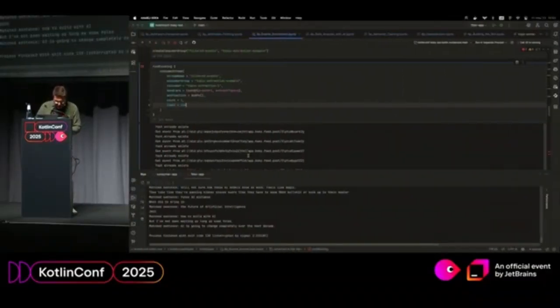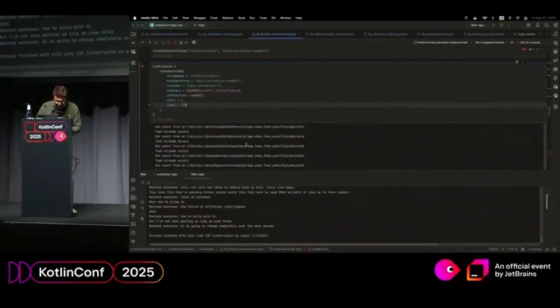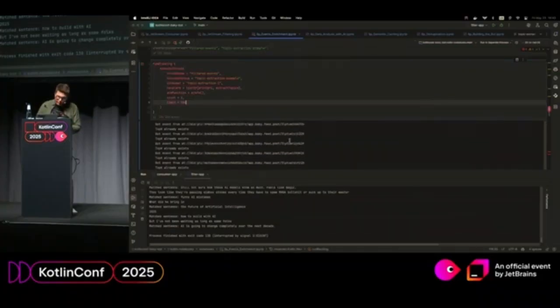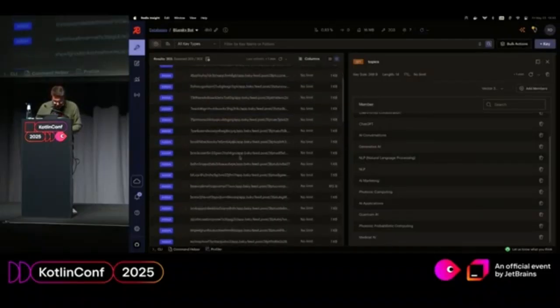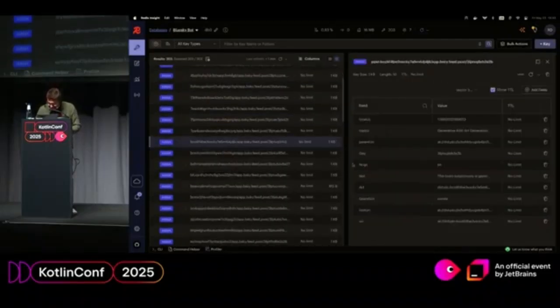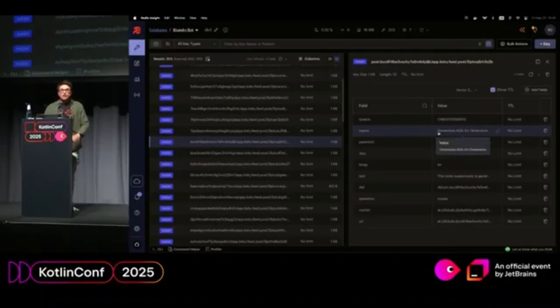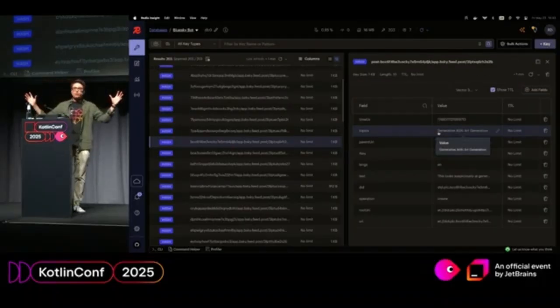And if I get one from here, let's see, because I only consumed 100. But we only have 59, so should be enough. If we open one at random here, I would expect the topics to have been inserted. So generative AI, AI art generation. So for this post. But what I wanted to keep in mind here is that we might have multiple applications